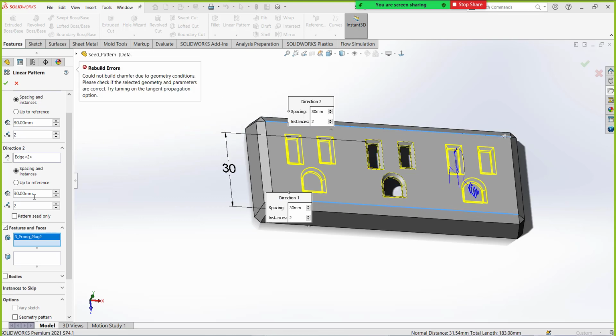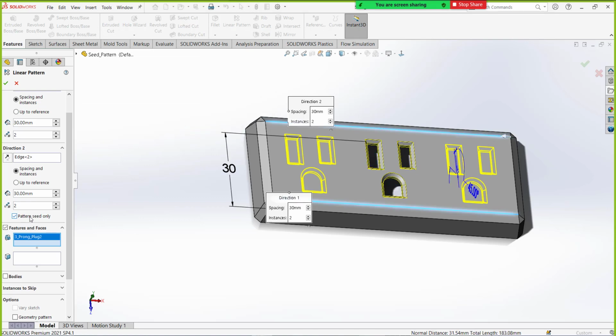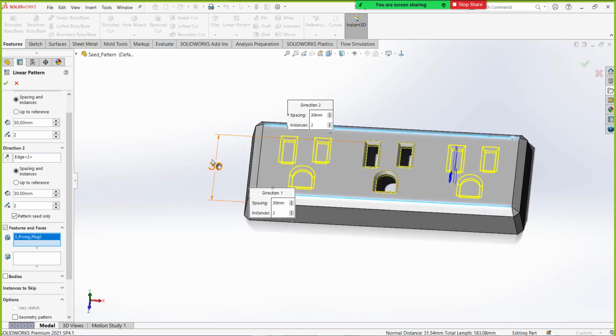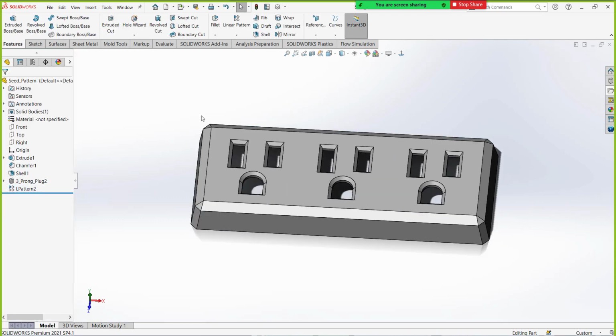So what it does, it will have this option that is seed pattern. So if the patterns are implementing on each other, we should use this seed pattern so that we can have a clear output. Remember that, this seed pattern. So if you have the merging patterns, you should use the seed pattern to get the result. Clear? Yes. Any doubts in patterning?